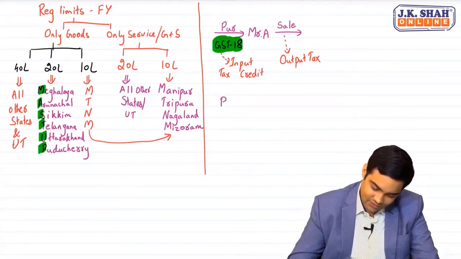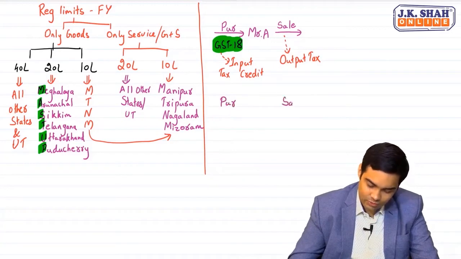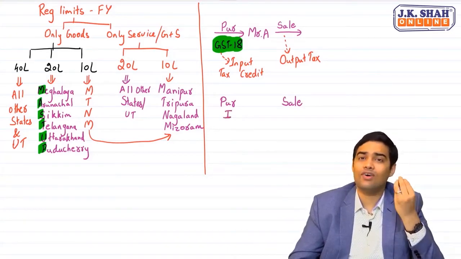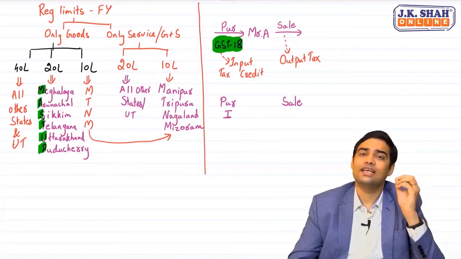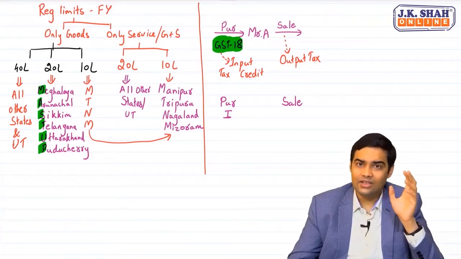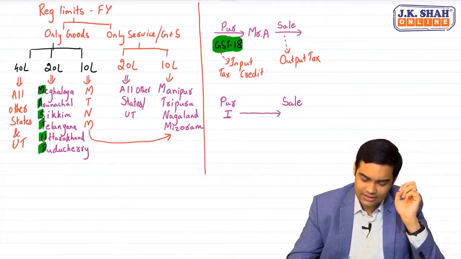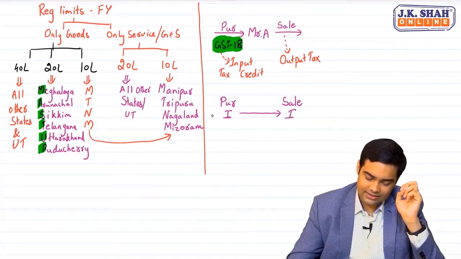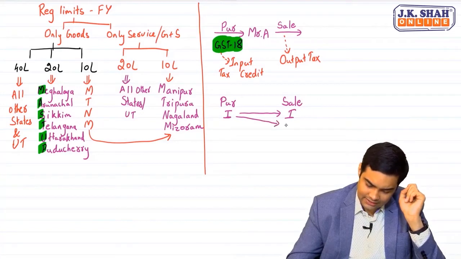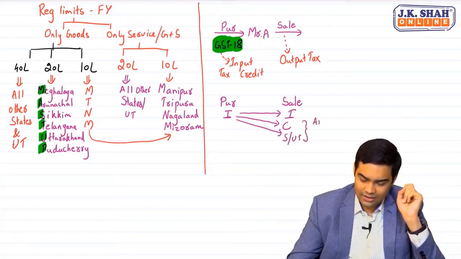Now, what is the methodology given? See, first of all, I am just having two parts, purchase and sale. If I have paid IGST on my purchase, can I call it ITC of I? Yes, because IGST paid on purchase is nothing but ITC of I. Now, ITC of I will be first adjusted against output IGST. This is the first thing. Then, IGST can be adjusted against C or against S/UT. And here the law mentions any order,